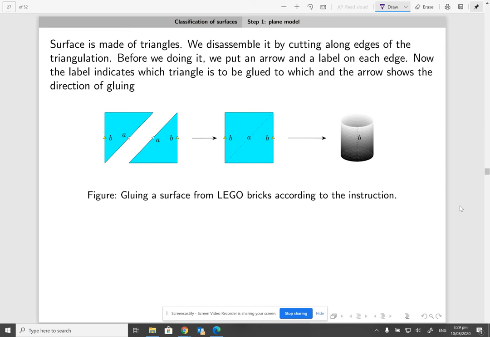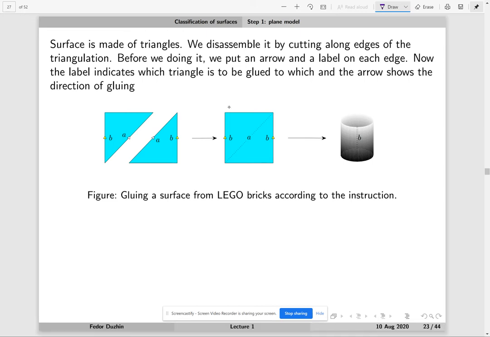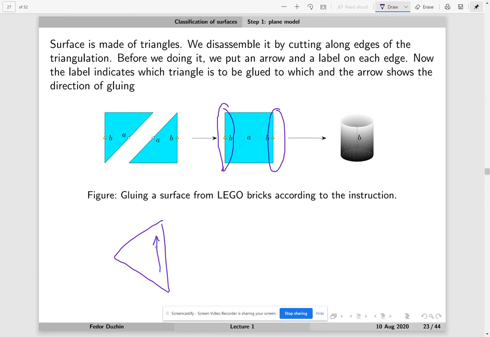Yeah, but suppose we do not glue B to B, right? We just stop here. We do not make an actual cylinder. Instead we are going to just stop when it is still a collection of triangles on the plane, right? And then we will get something like this. So probably it's going to be like A here,